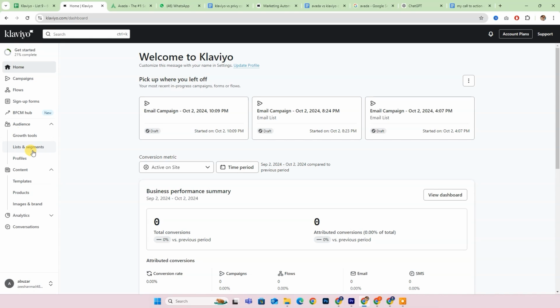Hello, everyone. Today, we're going to explore a comparison between Keap and Klaviyo, two powerful tools in the realm of